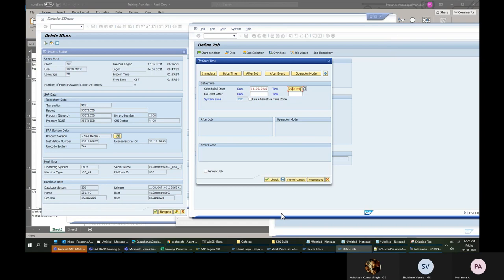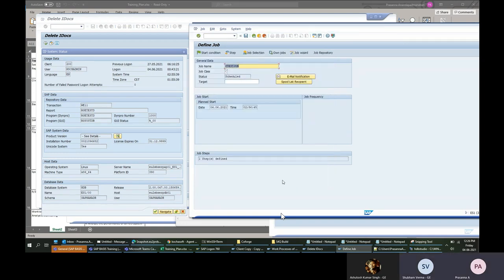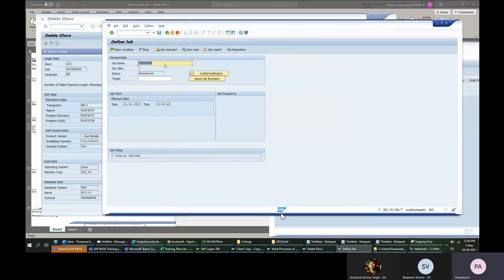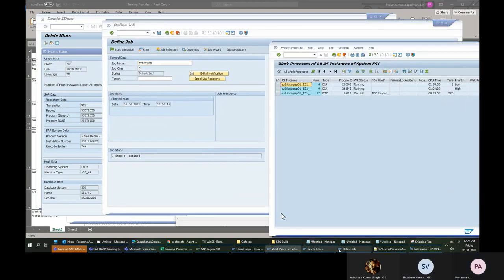So I schedule it. Now I have to use this job name to go and monitor. I go to SM37, I can monitor the jobs. Give the job name and see.